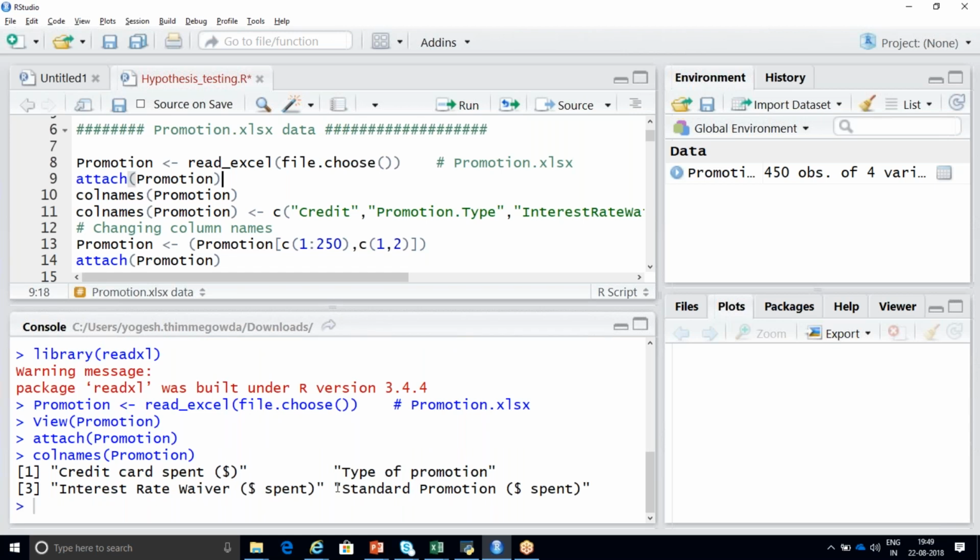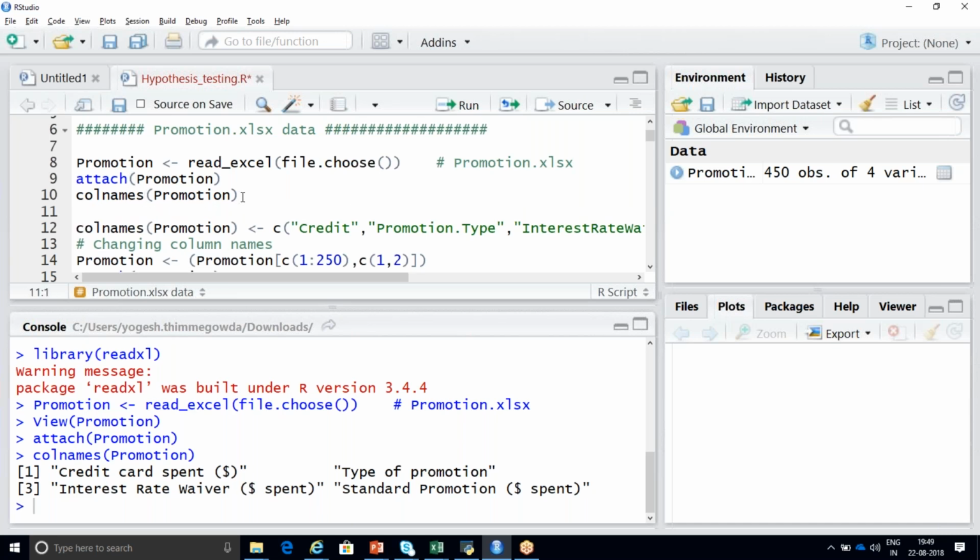I don't want this credit card spend dollar type of promotion. I want only the third column and the fourth column. So what I'm going to do is drop that. How can I drop that? Or else, what I can do is